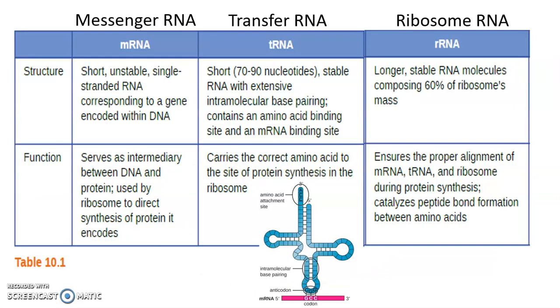And if we look at the RNAs that can be made from your DNA, these are the three basic ones that we will find out there. One type of RNA that is made during this process of transcription is known as messenger RNA. These are typically going to be about 1,000 bases long, and they are not very stable. They will get degraded inside the cells relatively quickly, but their function is to carry the message out to the ribosome that tells the ribosome here are the amino acids that need to get hooked together